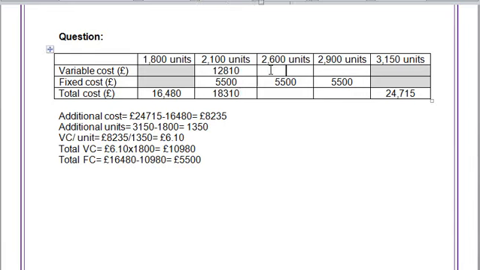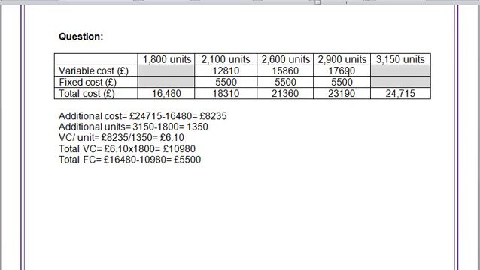I will do the same thing across all of the activity levels. £6.10p, which is my variable cost per unit, times 2,600 units. So I have 15,860, which I will add to £5,500, and that will give me 21,360. We're doing exactly the same thing again at 2,900 units of activity. That will give you 17,690, and you add that to 5,500 to give you the total cost at